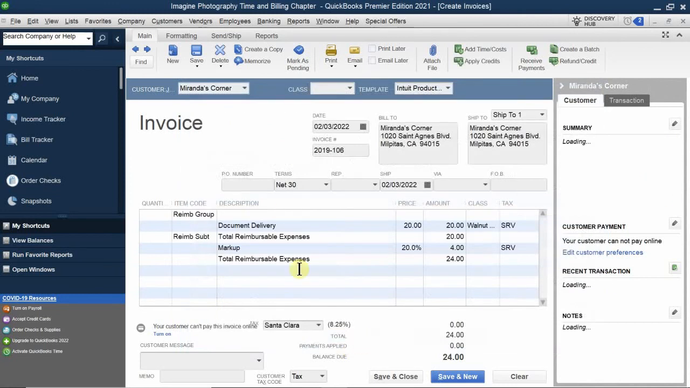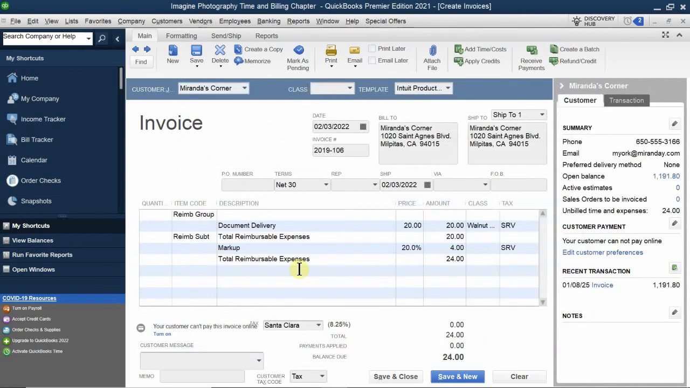So once I do that, now on my end, this is what I see, okay? But when I print this out, I won't see this markup, okay? So there you go. You have it here. You got the $20 documentation fee. You got the 20% upcharge. So now Miss Miranda's Corner owes you $24,